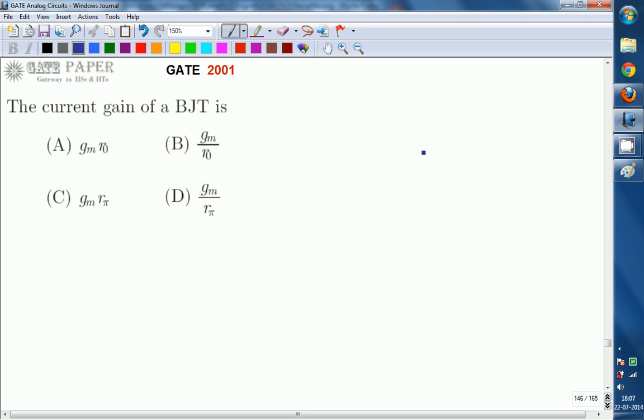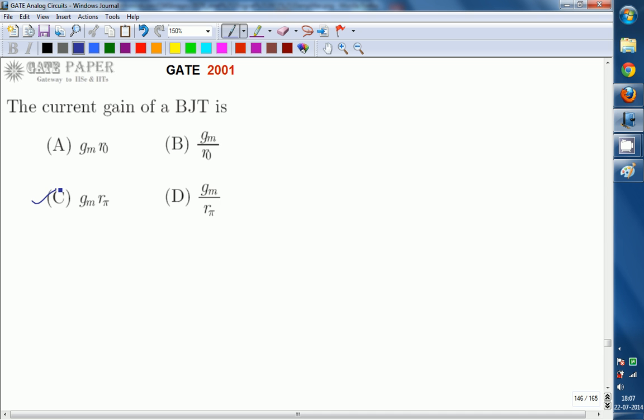Hello, we are discussing the GATE 2001 ECE paper, and this question is related to analog circuits. The current gain of a BJT is defined as A. gm R naught, B. gm by R naught, C. gm into R pi, D. gm by R pi. So the answer for this question is C, but instead of saying it directly like this, to